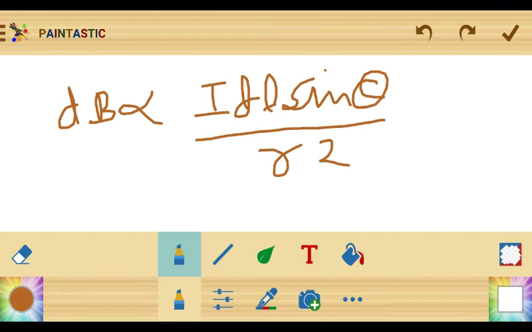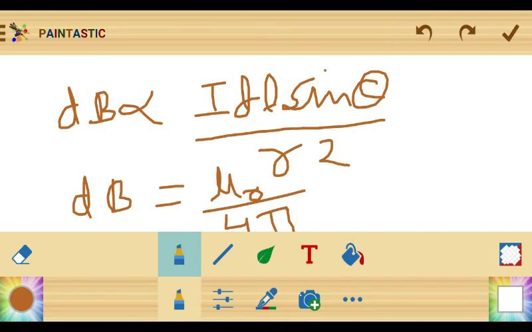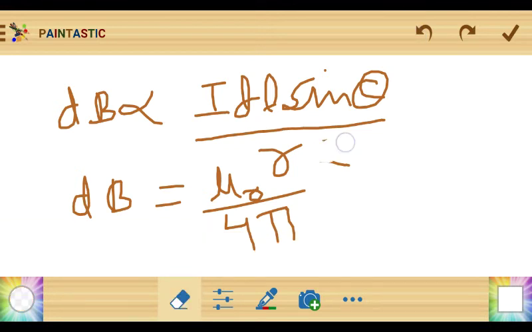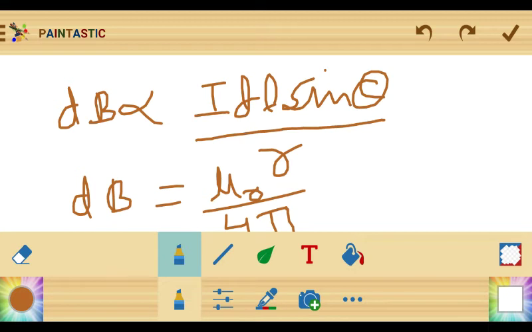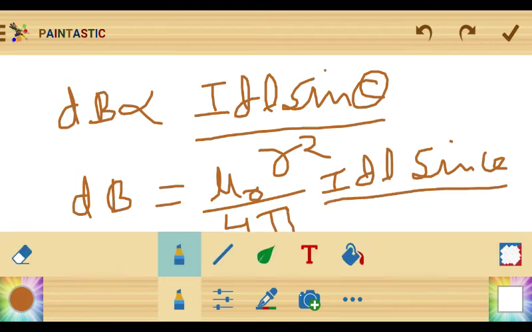Again, dB is equal to, when you remove the proportionality sign, there will be a constant, and that proportionality constant is simply mu 0 upon 4 pi, into I dl sine theta upon r square,